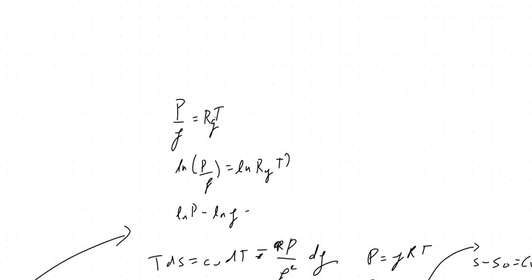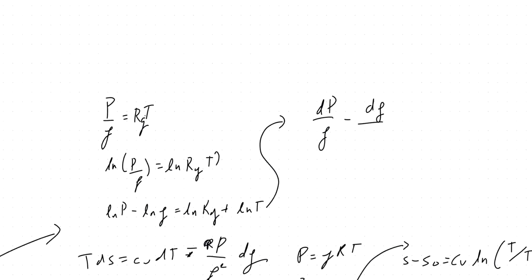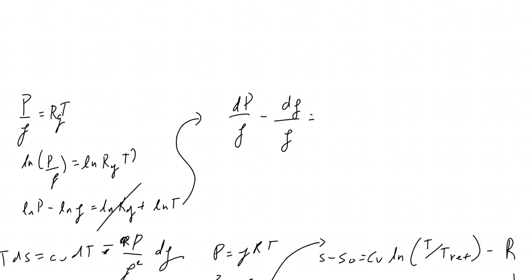It's dP over P minus d rho over rho equal, no, RG, this is just a number, right? So we have dT over T. A beautiful equation has formed with the ideal gas law